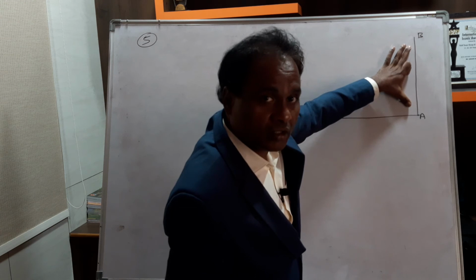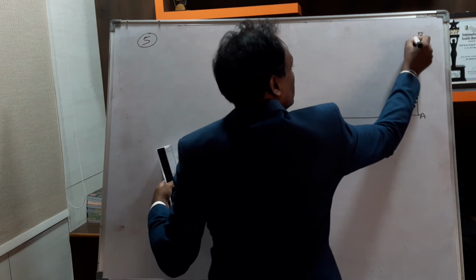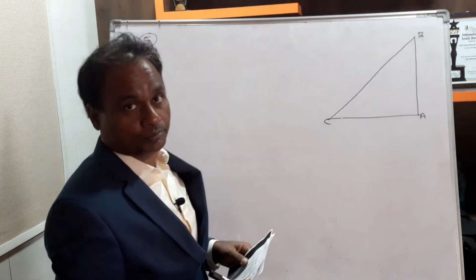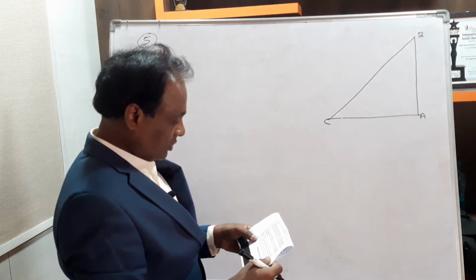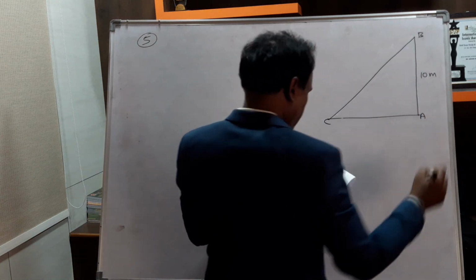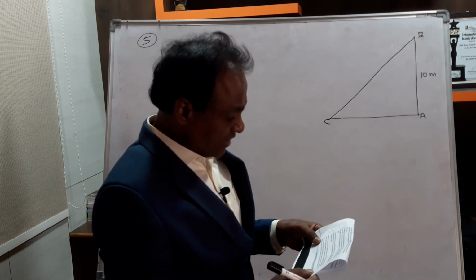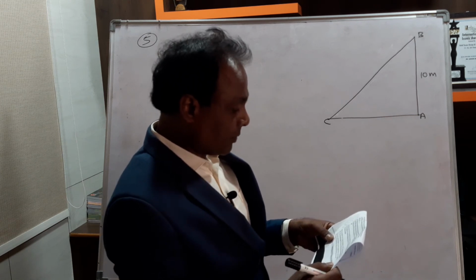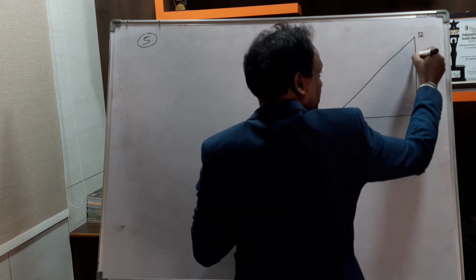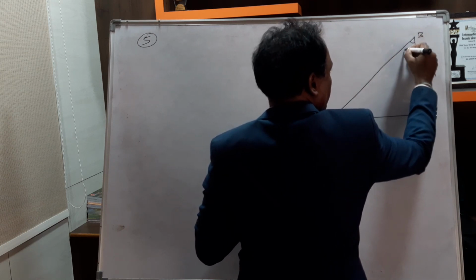This is the pole standing vertically. This is the ground. This is the rope. Say C. BC is the rope. So you want to erect a pole of height 10 meters, with the support of 3 ropes. So we are drawing only one rope, that is BC. Each rope has an angle of 30 degrees with the pole. So this is the rope making 30 degrees with the pole. This is the pole, this is the rope. Rope, pole. What is the angle between them? 30 degrees.